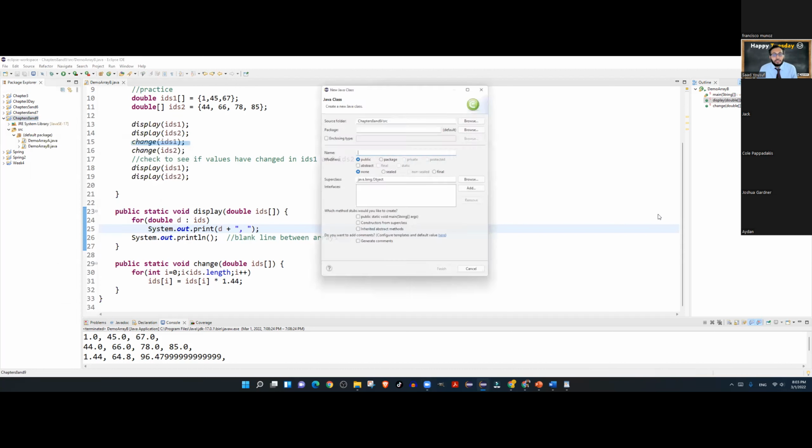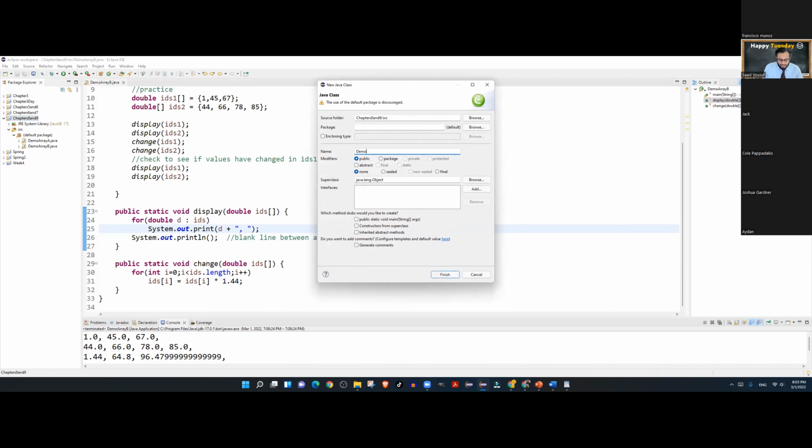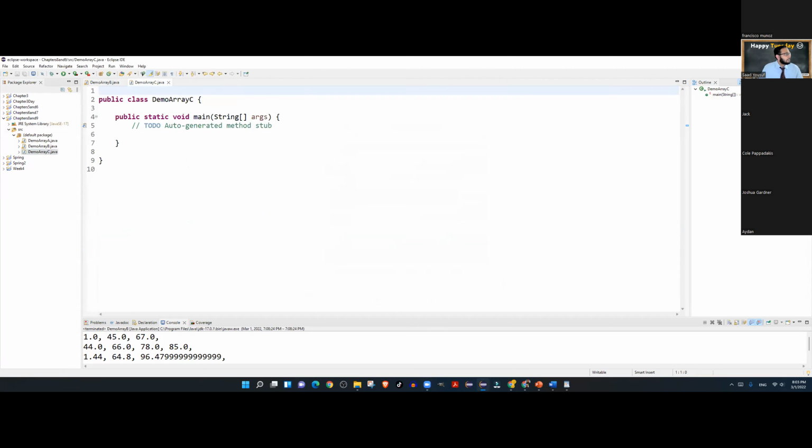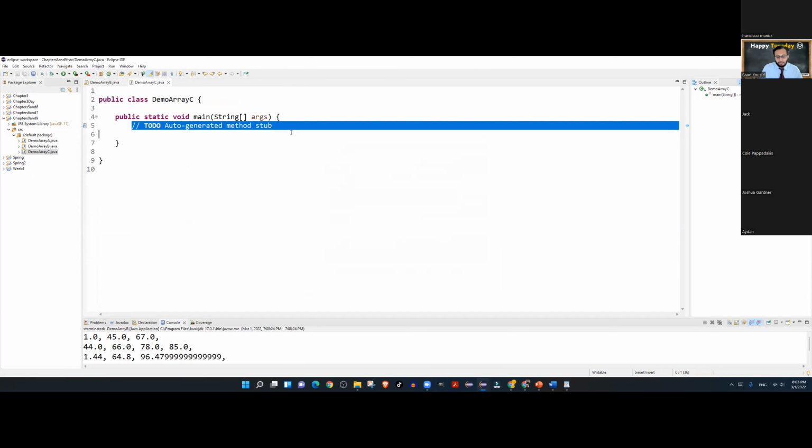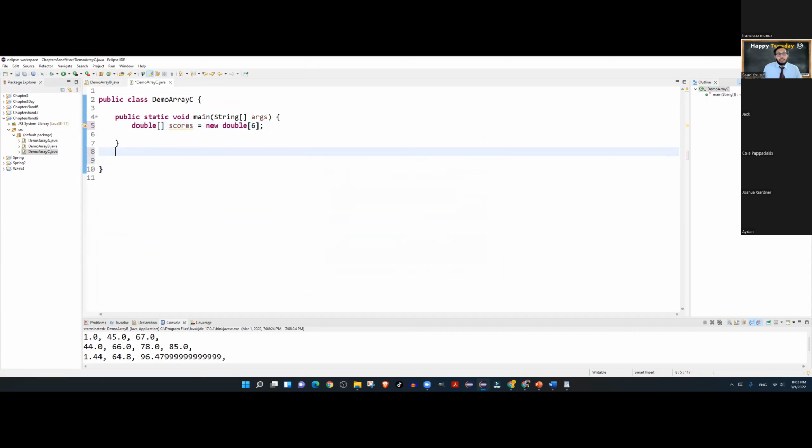So let me start out by creating a class called demo array C with a public static void main. I didn't put any cap as to how many I want. Okay, so I could actually declare something like this. I can modularize this code as well, where I'm accepting the value from user.